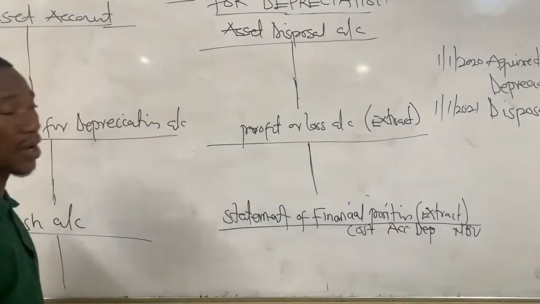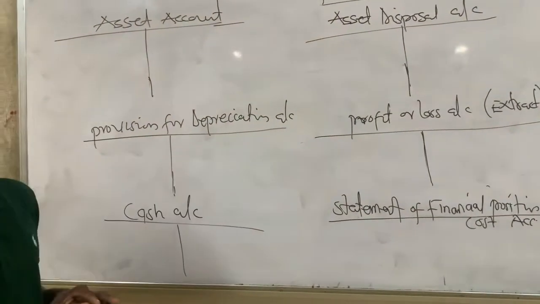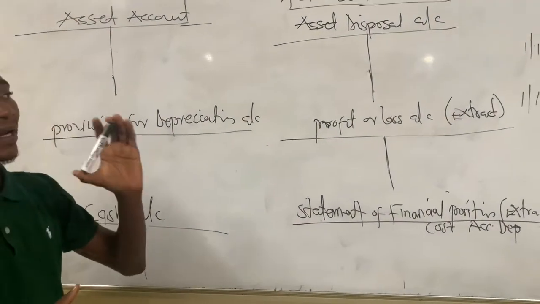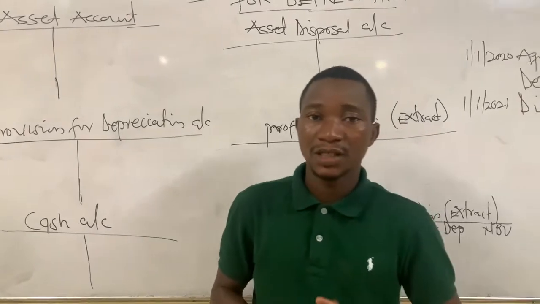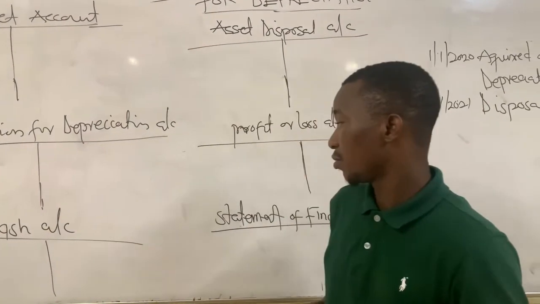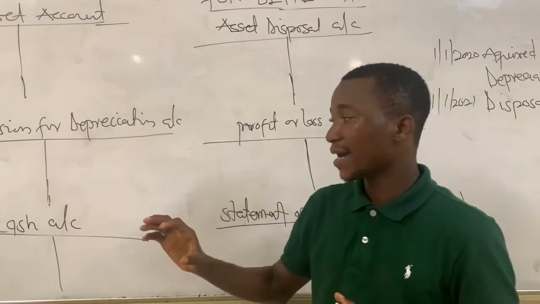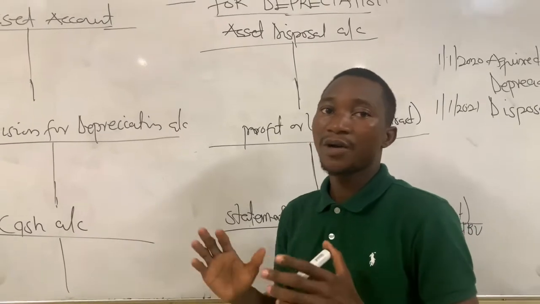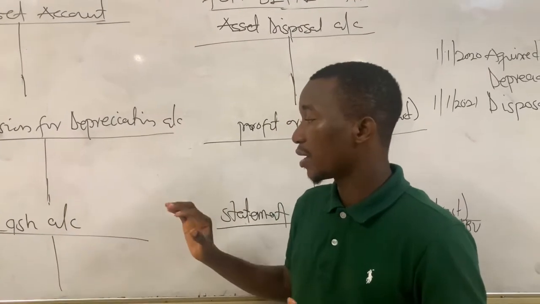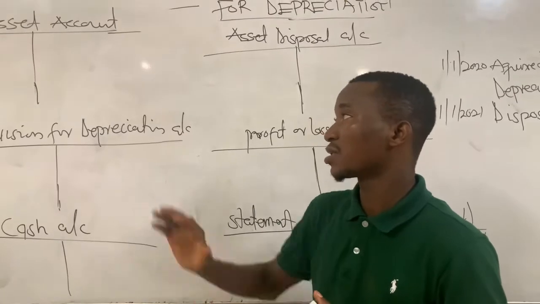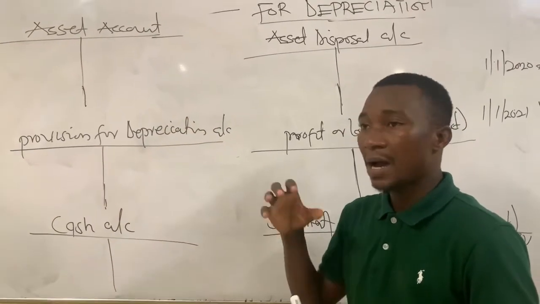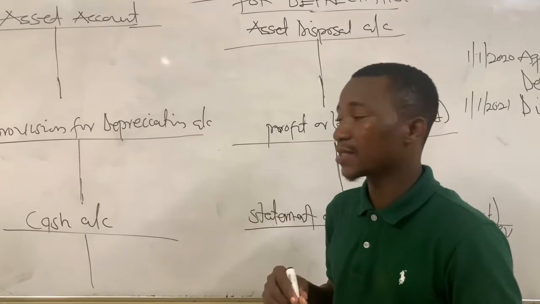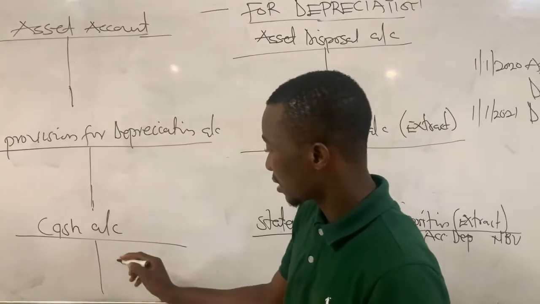Alright, so we are now going to look at the double entry. So when we acquire an asset, okay, anytime we acquire an asset, the double entry is that, let's assume that we acquire the asset with cash. So anytime you acquire an asset, cash is going out. So you credit your cash account and debit your asset account with the amount you used to actually buy the assets. So we are crediting cash account in the name of